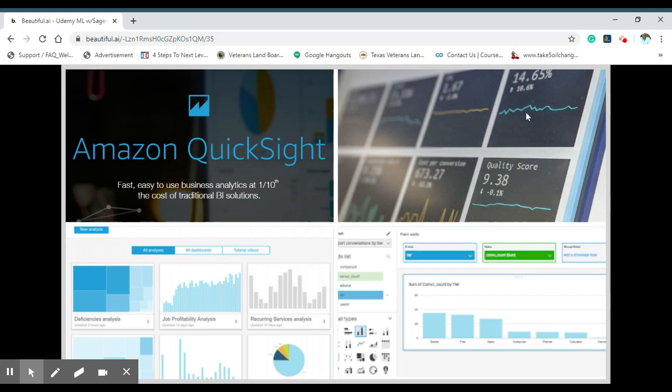a very, very strong modeling package where you can even run regressions inside of QuickSight. So you don't necessarily have to be an advanced data scientist in order to use it. I think it offers a really compelling alternative to Tableau. I've used it a few times in the past, and the setup is really similar to Tableau. But again, you can use it to look at real-time data. You can also run regressions and perform other advanced statistical analysis right inside of QuickSight.